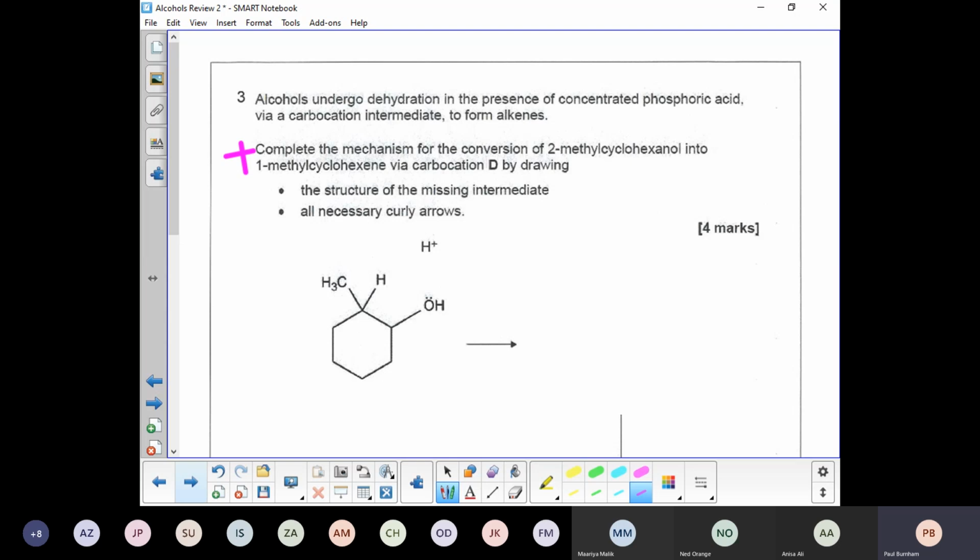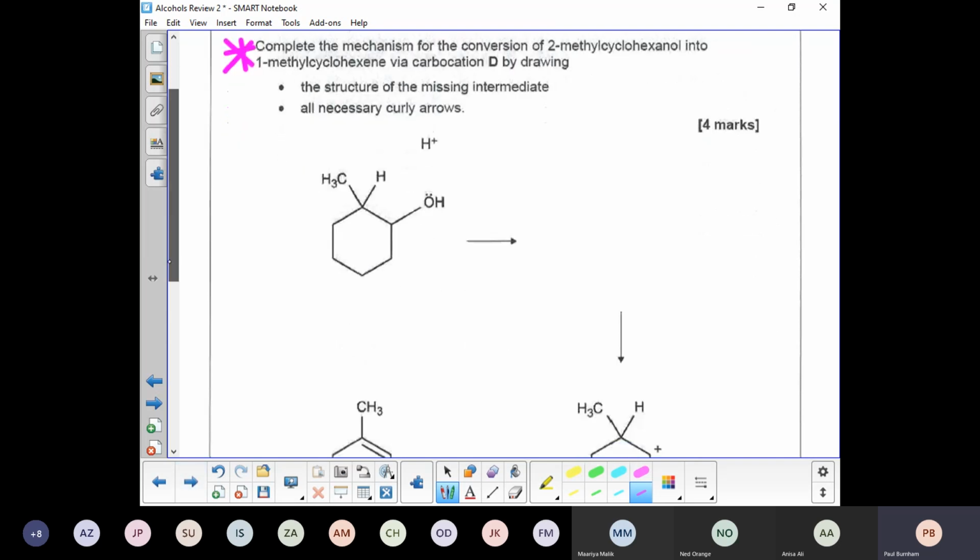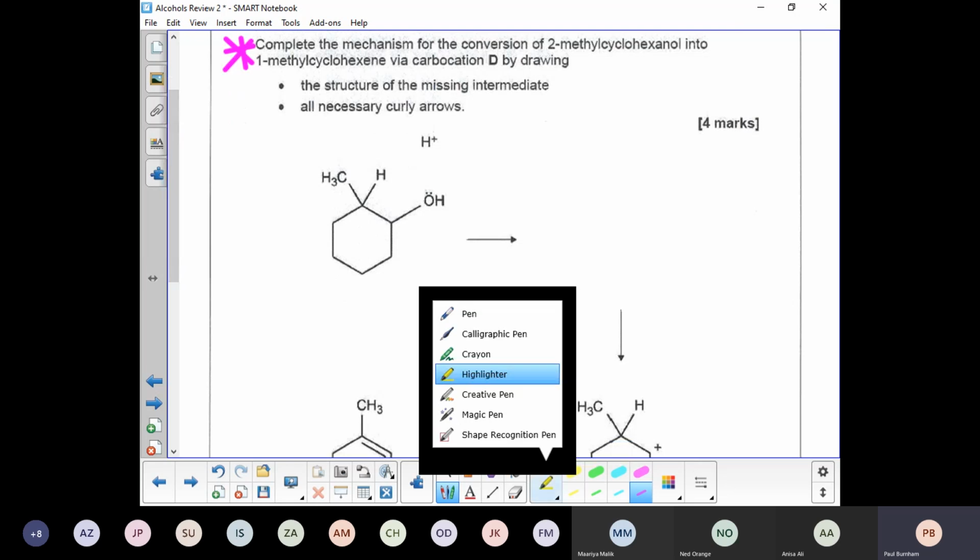Now, the question starts here really with what I'm asked to do. I've read the background information at the top of the page. I need to complete the mechanism for the conversion of 2-methyl cyclohexanol into 1-methyl cyclohexene via carbocation D by drawing the structure of the missing intermediate and the necessary curly arrows. Now, one of the things that you'll see when you're given mechanisms to complete is you should be given the